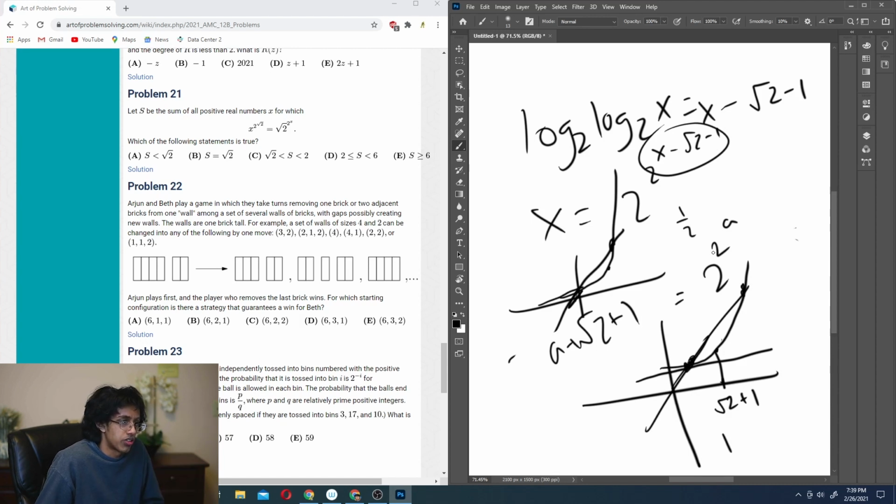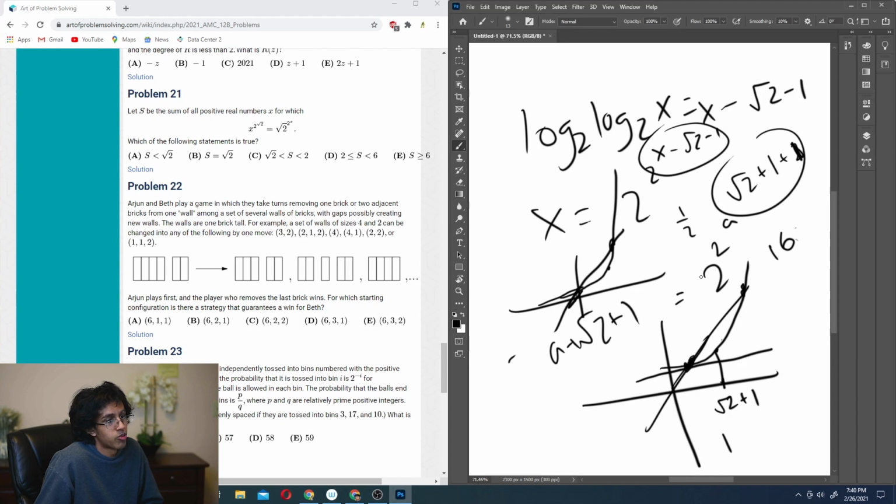Okay, I guess we could just plug in stuff. That makes sense. So that's approximately going to be x equal to 1 or above. And for this one, if we try root 2 plus 1 plus 2, then this is going to be 2 to the 4, which is 16, which is for sure bigger, so it's for sure less than this. What about plus 1? If it's less than that, that means it has to be D.